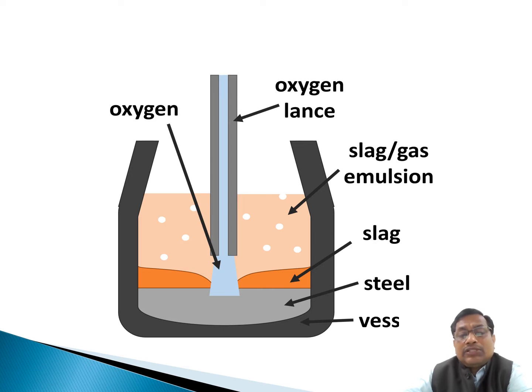Through this lance we are supplying the pure oxygen, and this oxygen is reacting with the particular pig iron, trying to oxidize the impurities. Once the impurities are oxidized, they will gradually join the slag phase. Is it okay? So this is the slag. The red color in this diagram shows the slag, and in the bottom part